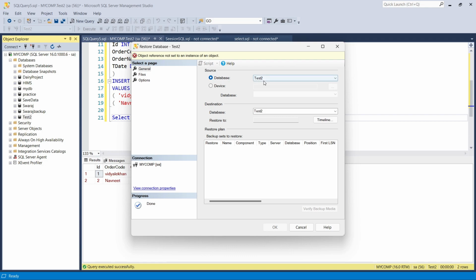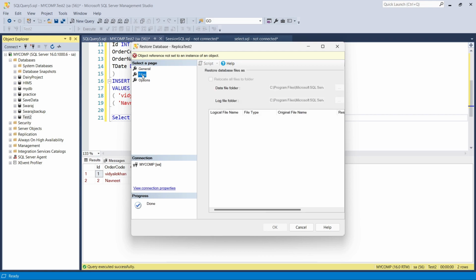Here test2 is the database and I am creating another database, right? So here I am going to create the test new, or we can call it replica test2. Got it? And here we have to give the name, and then in files we have to provide